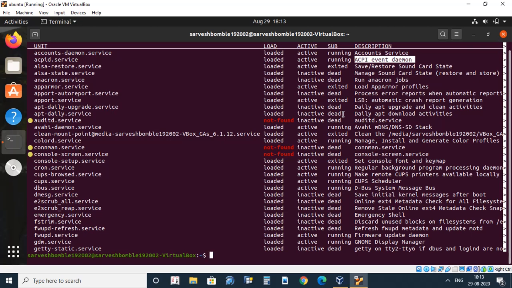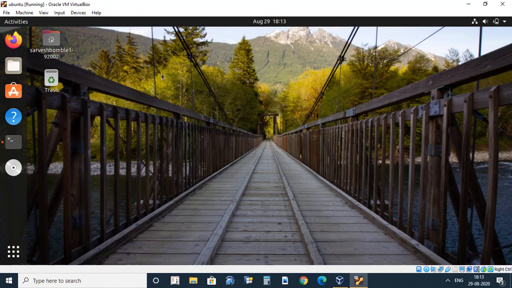So if you want to start or stop a particular service, you can use a command. These commands are just for the Ubuntu flavor of Linux. Currently I am using the Ubuntu flavor, as you can see here, Ubuntu is running, and I'm using Oracle VM VirtualBox for it.